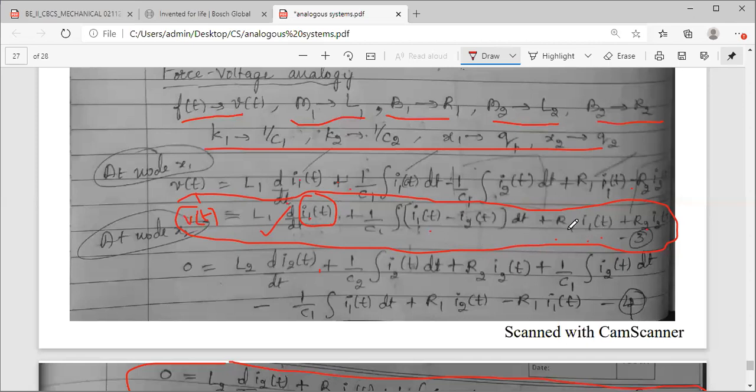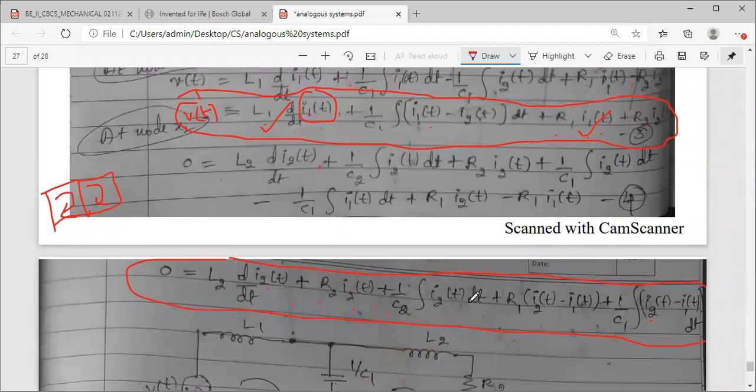I think here also pure term R1 you will get, right? I1 indicates your first loop. If you are considering two loops in the network, then I am talking about the first loop which is indicating I1. Second loop is I2. So now I am trying to identify how many elements will be in series in the first loop. So for I1 I have L1, I have R1, okay, in equation 3.